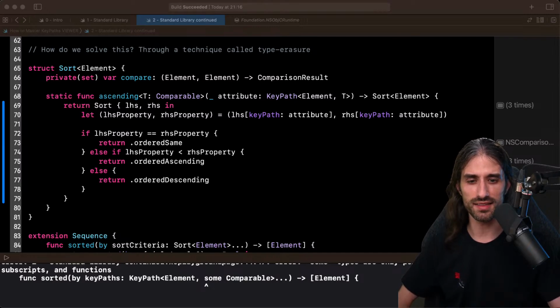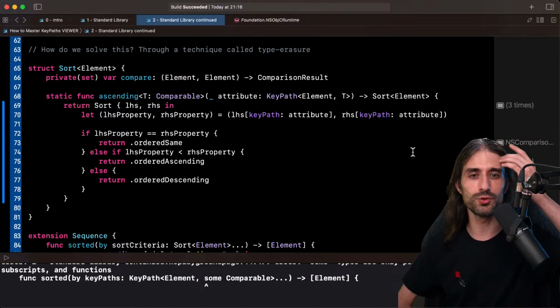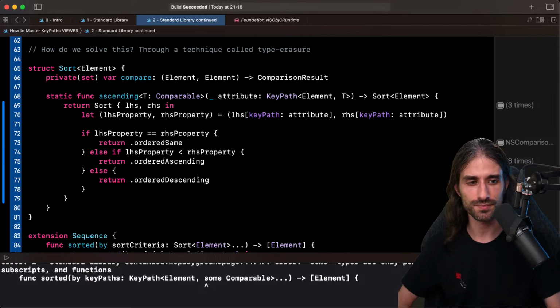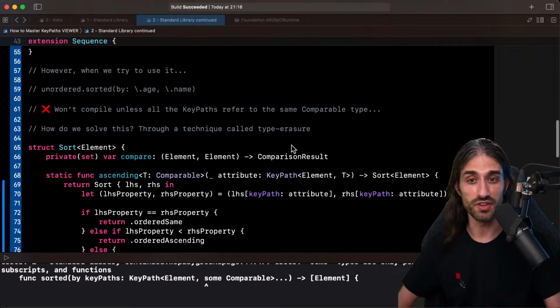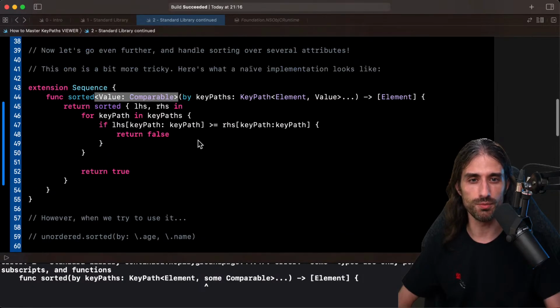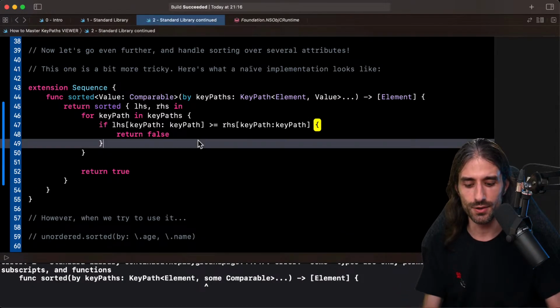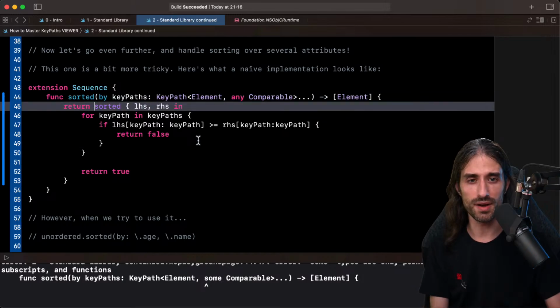And my goal is that when you find in your apps, in your code base, a problem that can be solved efficiently with a key path, you can use these as examples to implement things that make sense for your own apps. Don't try to shoehorn this code because it might very well not work. It might very well just make your code base even more complex.